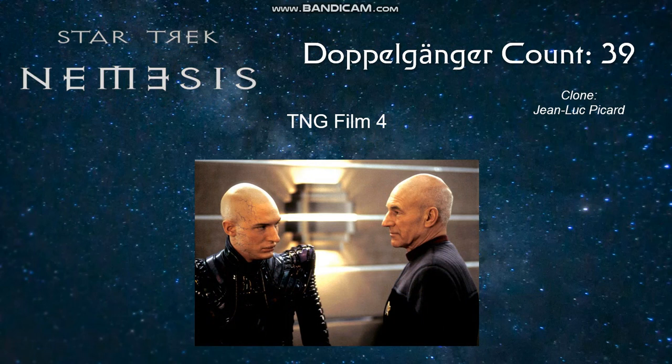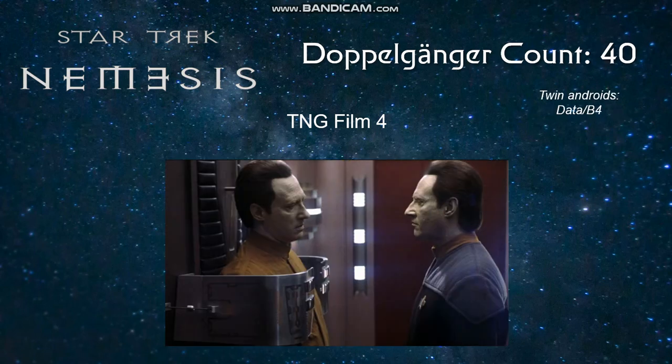Moving into the final TNG film, Nemesis, there are a couple of doppelgangers. First of all, we have the clone Shinzon, who is intended by the Romulans to impersonate Captain Picard, although they later abandoned this plan with the change of government. Also, Data meets another of his long-lost brothers, named B-4, although this one is much less sophisticated than him in the lore.